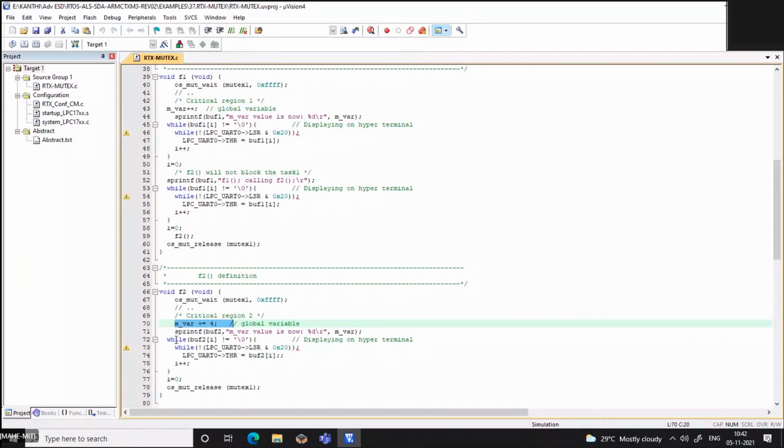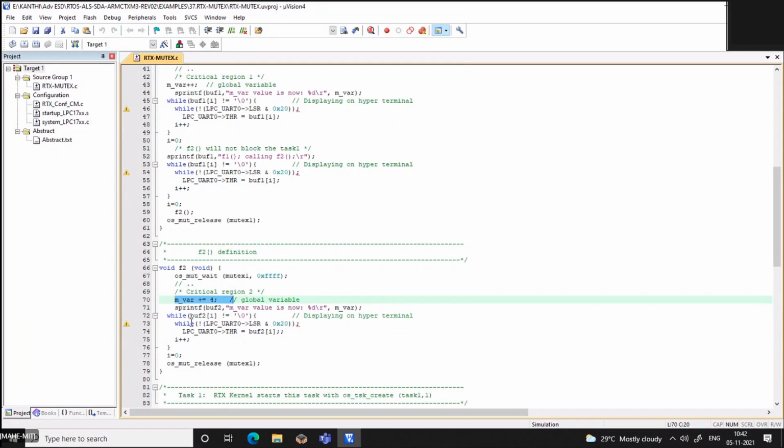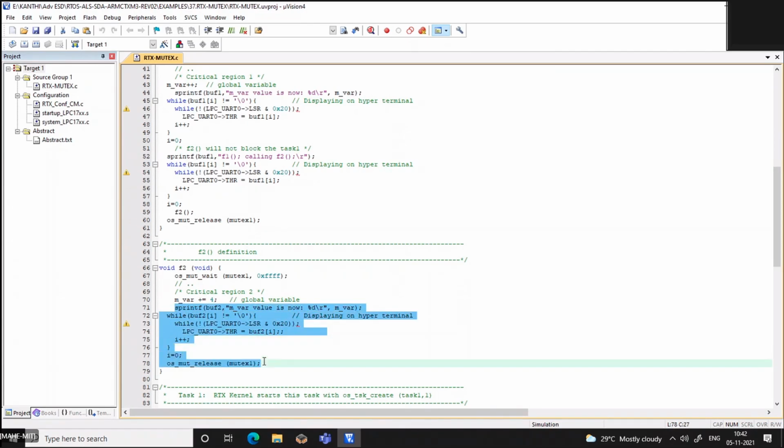Okay. Then what is the value? What we just want to make sure is how this global variable is used with the functions. So this is our common resource, how this resource is shared. So now we print this message, and that's it. And once you are done with it, you release it.